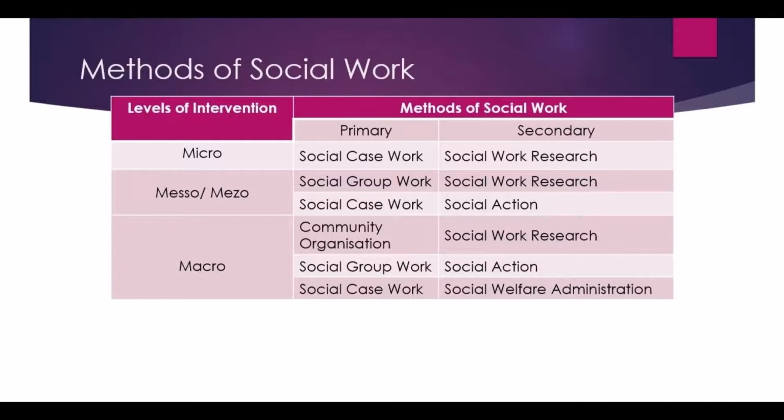And community organization is something that you practice at the macro level, which means here the problems are that of the community. Now as we make a move towards higher magnitudes, the problems become more and more complex and they will be more in number as well. So your prioritization process will happen more when it comes to the macro level intervention. So this was about the primary methods of social work.